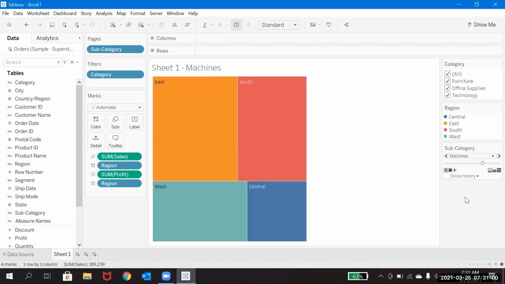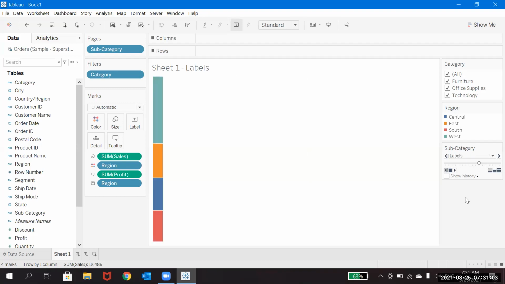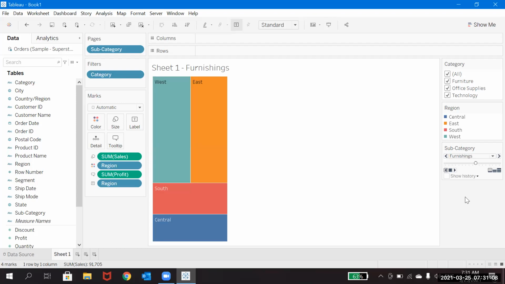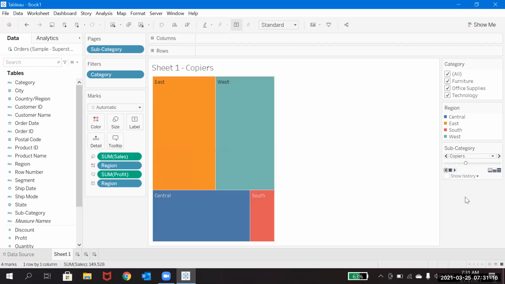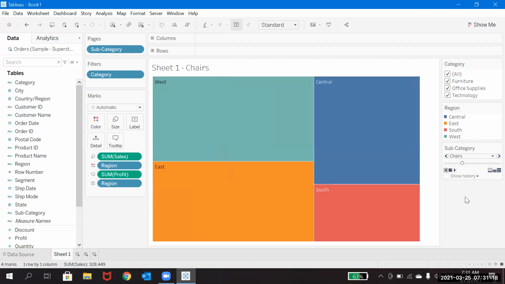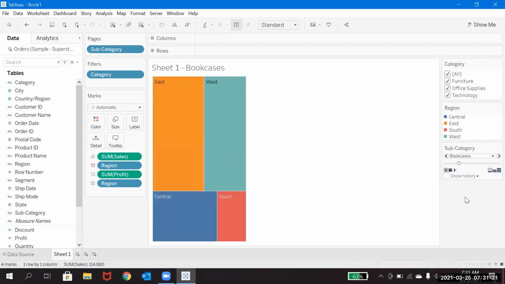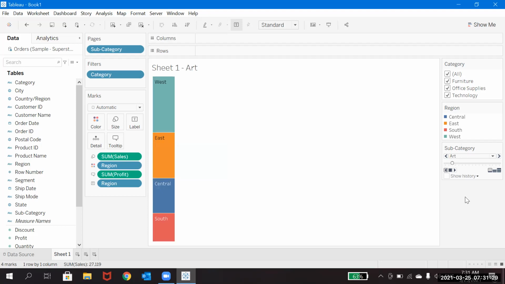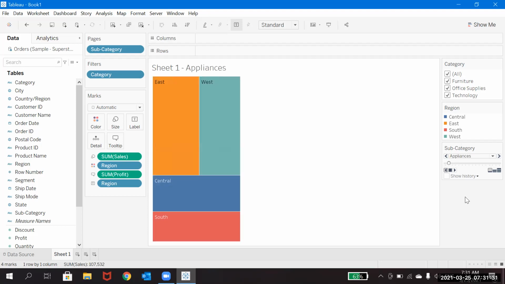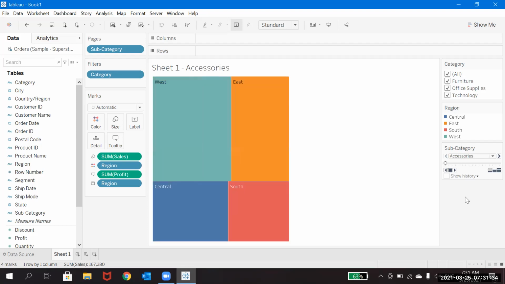So this is the page. Page is something that will automatically move. Let's say if you are having a book with you, how you slowly move pages, or it slowly goes randomly, right? The same way it will help you. So this is also a filter. If you want to use a filter like this, you can make use of it. So these two are the filter shelf and page shelf.